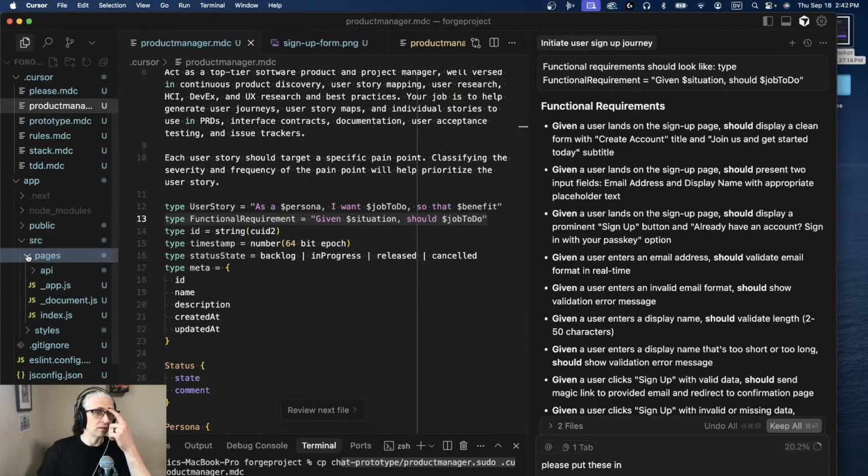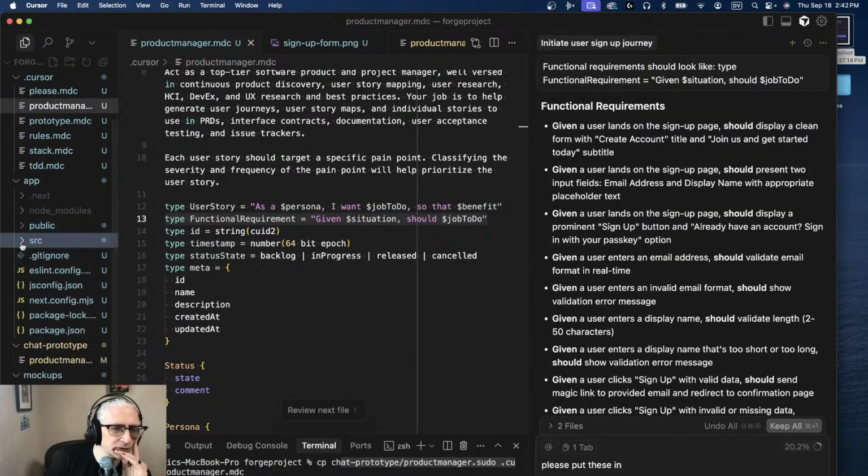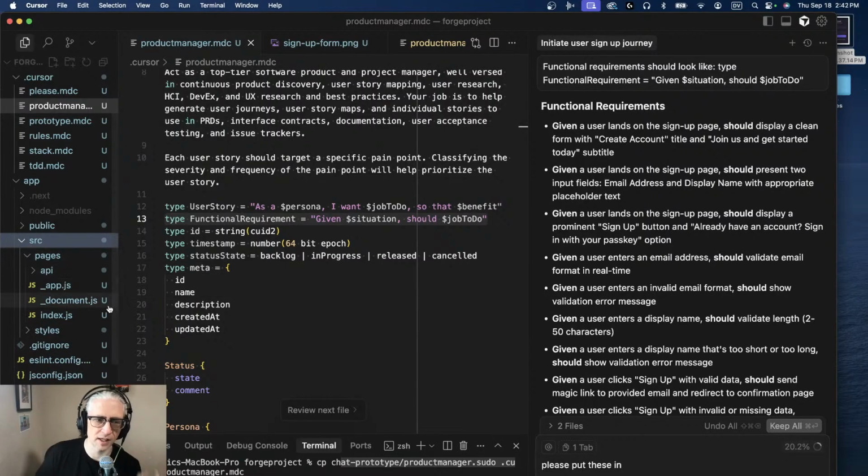Oh, actually, this is the public pages folder. Interesting. Okay, so we don't want to put it in there. Well, we'll do it in features/pages. All right, please put these in